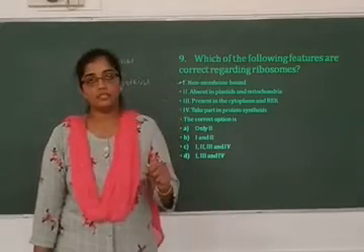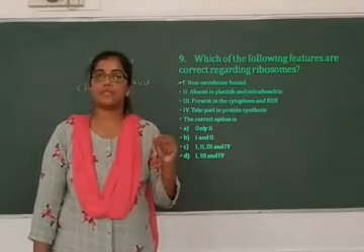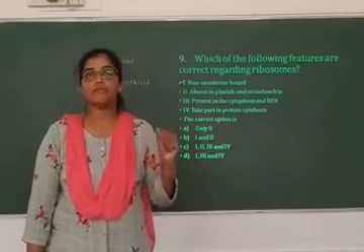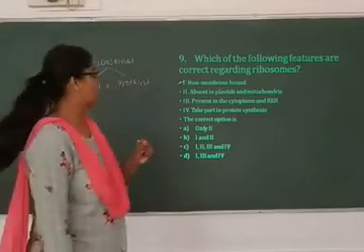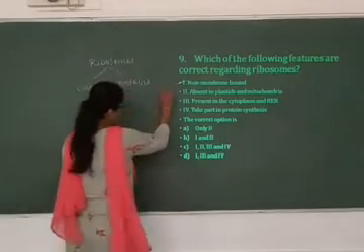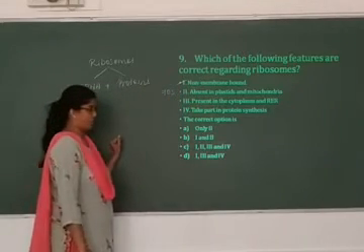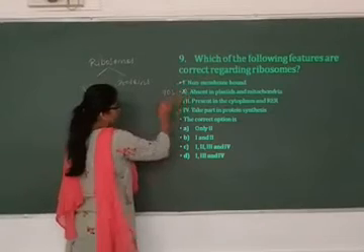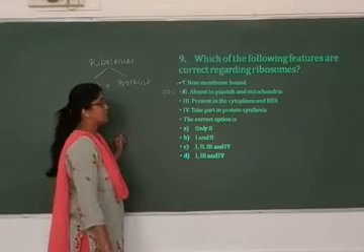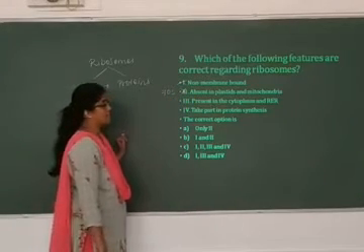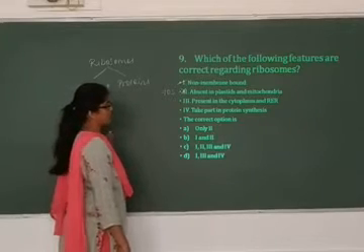And as I mentioned, both plastid as well as the mitochondria have their own special type of ribosome, that is 70S type of ribosomes, present both in the plastid and mitochondria. So this statement is wrong. The statement says the ribosomes are absent in mitochondria and plastid, and that statement is wrong.